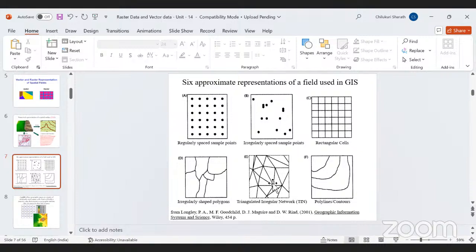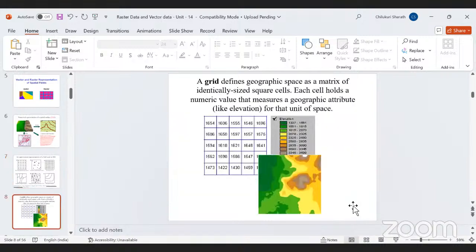And in the next picture, it is a triangulation. There is a triangulation method. In a triangulation method, the lines are joined irregularly, and it makes a triangular irregular network. In the next and last picture, polylines lead to the formation of contours. So there are various types of formations we can see in vector data, and as well